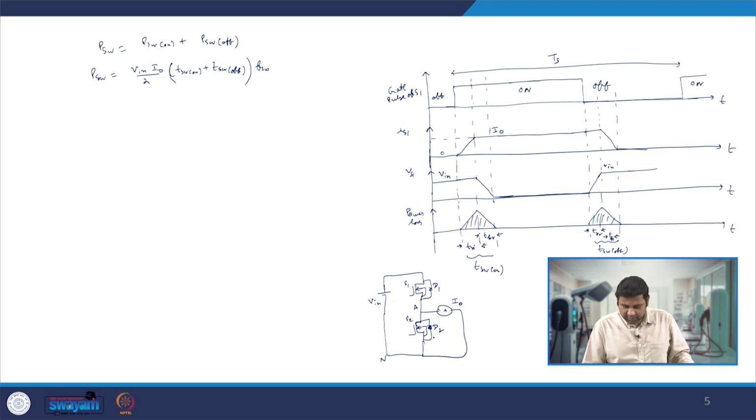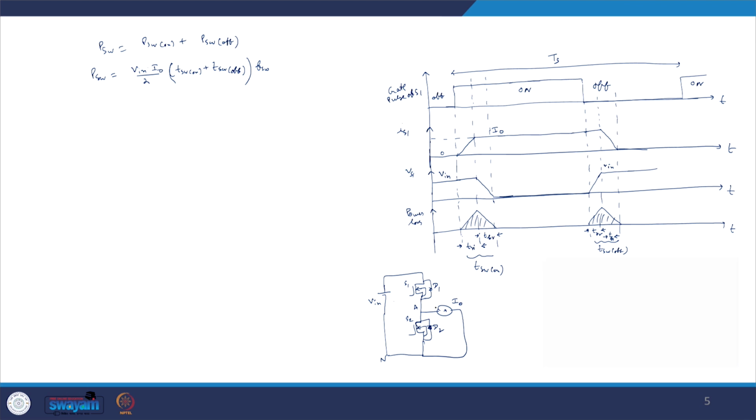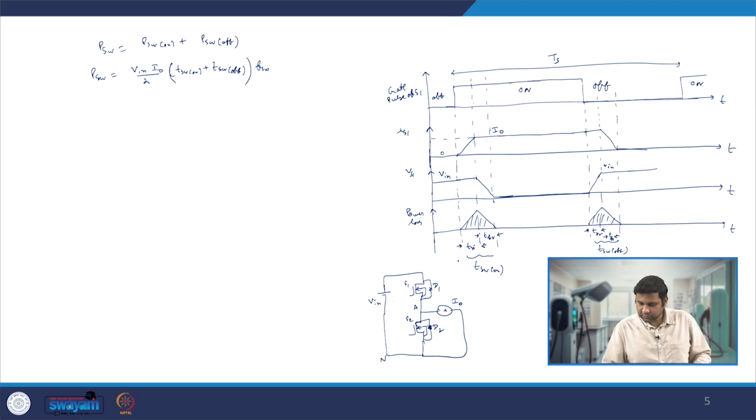Let's say the bottom switch current goes through the diode D2. Since the switch current is going to D2, the voltage across D2 will start falling, as a result of which the voltage across S1 will start rising. The moment it reaches the Vin voltage, the current which was going through here will go to 0, and the current will then be fully going through the diode D2.